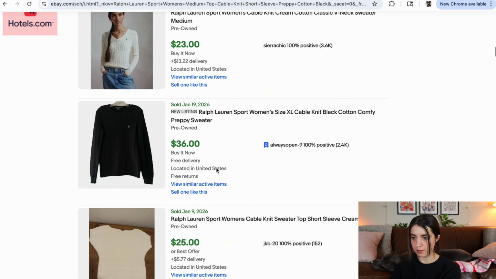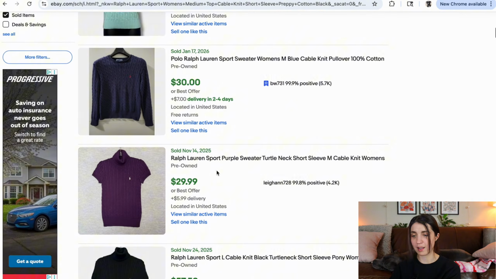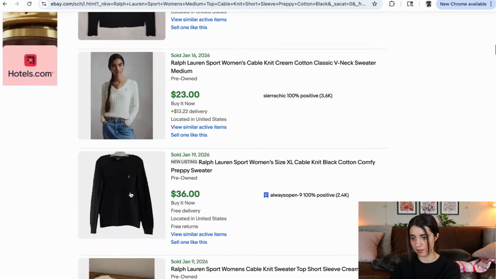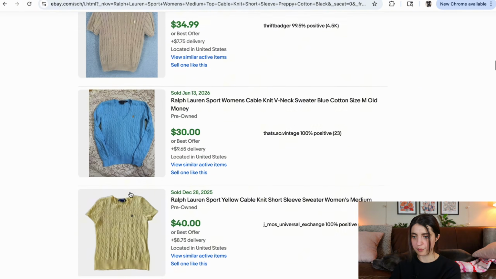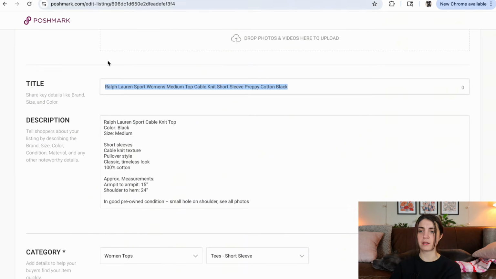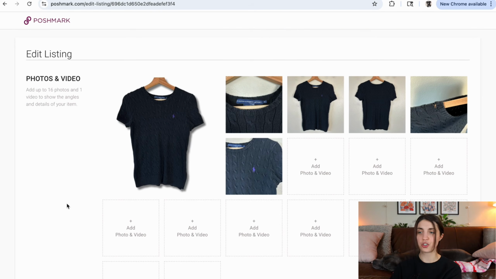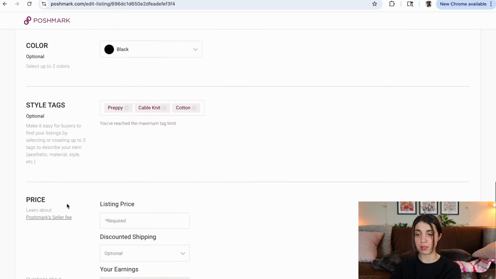35, 23, 36. Okay, so definitely like the 20 to 30. That one seems a little bit like an outlier, closer to 60. I think, yeah, right around there. I think mine, I probably would list it right around 35-ish with the whole. I think I'm just gonna list it right at 30